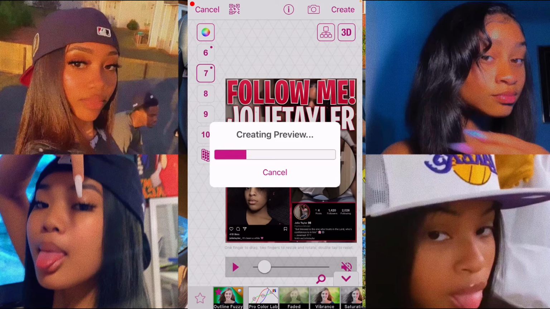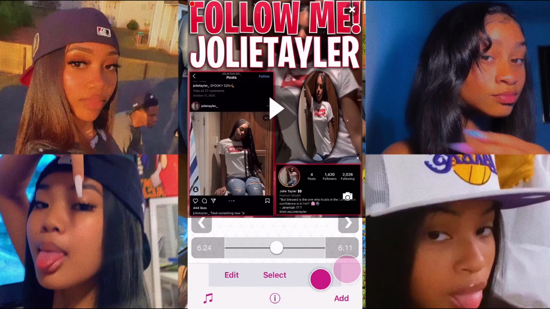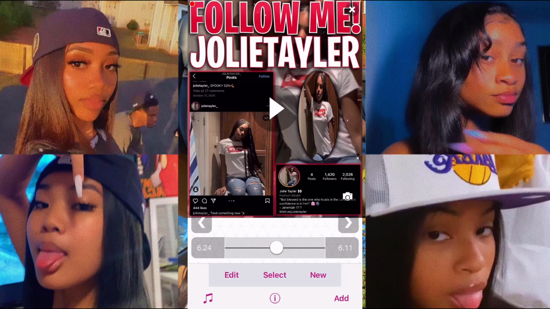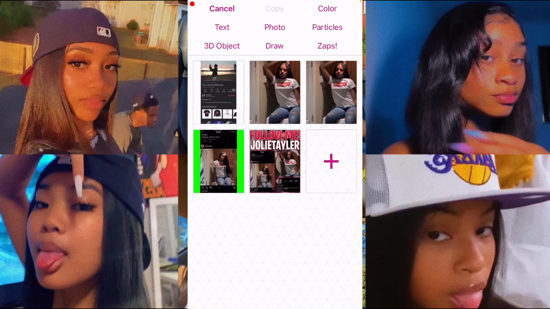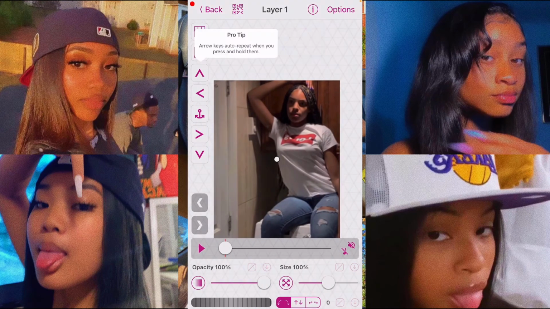And then somebody DMed me and asked me, how do I make it move back and forth like the outro? So I'm gonna show y'all how I do that. Basically what I just did, that was too fast. I pressed multi-layer after I saved it, and then I pressed 1, and then I clicked the outro that I just made, and then I'm gonna click edit keyframes,